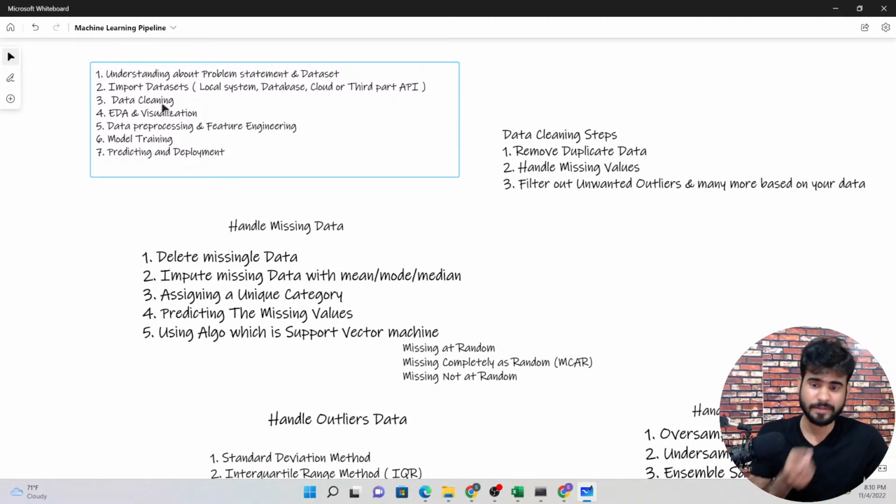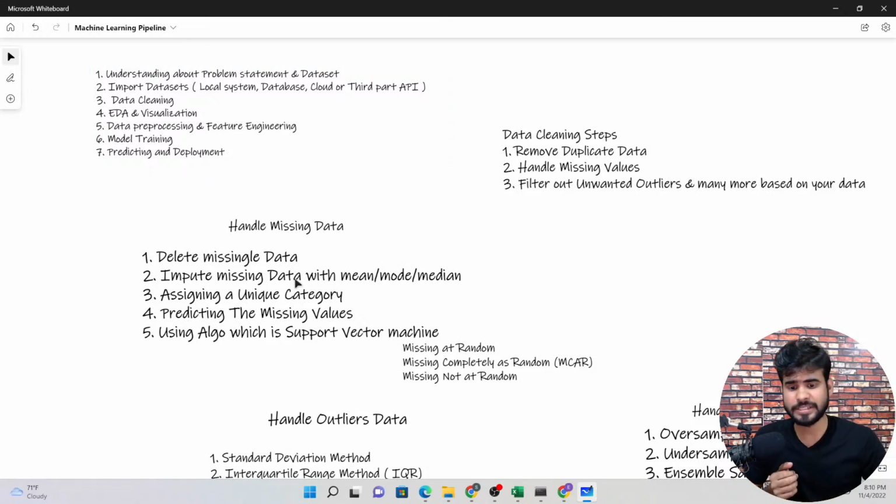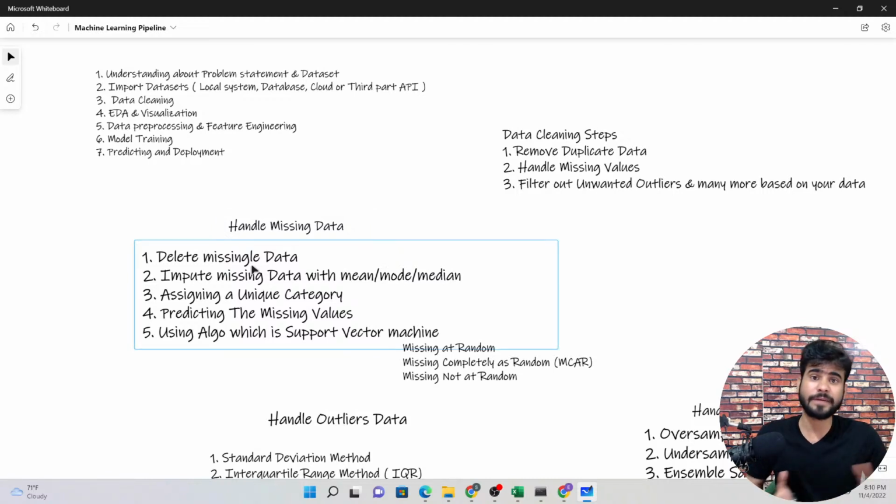After that we can import the library, then we can do the data cleaning. As you can see here, I have written the data cleaning step, handling missing data. We have different methods to handle missing data. First, delete the missing values, but this is not a correct approach. Whenever we drop data, we lose some of our data, so this is not a correct approach. The second method is to impute missing data with mean, mode, or median, depending on the data.